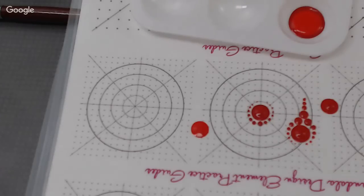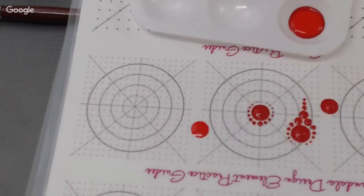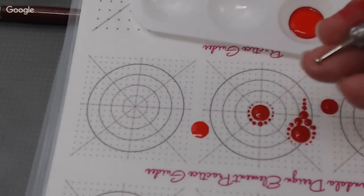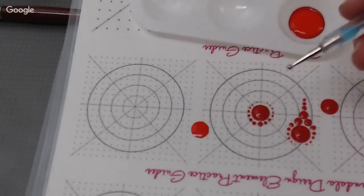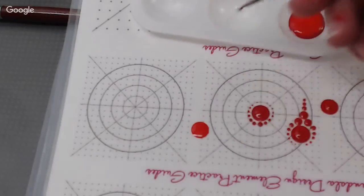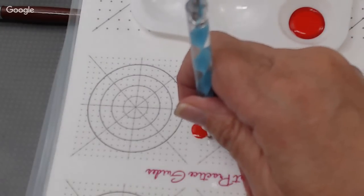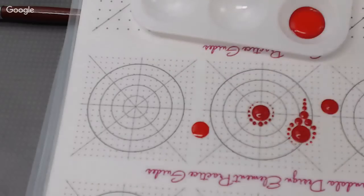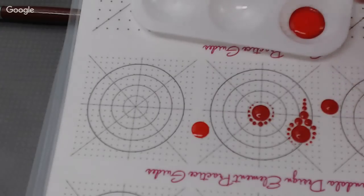All right. So let's go. We're going to go around this one. We're just going to go around it, and then we're going to walk some dots around it. One of the things that I want to share with you is your tool is always going to make a bigger dot than you think, because you're loading it with paint, and that paint is going to spread. So when you're looking at this dot and deciding how you want to decorate it, I tend to look at the size of the tool, just dry fit it a little bit and see if that's going to work. And then when I want to put a single row of the same size dots,